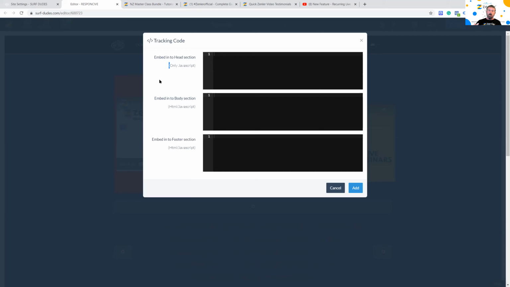So if, for instance, you have JavaScript in the footer area, and then you have something in the page that's controlled by that JavaScript, that thing in the actual main page will not load until it's loaded the page and the footer JavaScript to make the object run. So a lot of people put it into the head area, so that the JavaScript loads and then it gets to the main area and it pops up and works straight away. So that's why there's a head, body and footer area for JavaScript, and HTML into the body, and embed into the footer for HTML and JavaScript as well. So that's the area you want to go into.